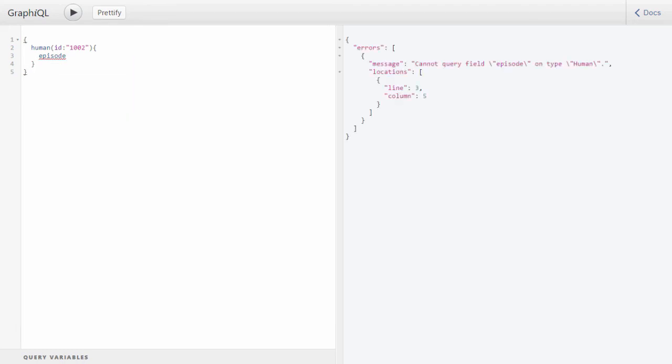So it says cannot query field episode on human, and the location is line number 3 and column 5, where you have given episode inside human. So this creates the validation error. Now to avoid validation error, it is really important for us to know the schema of the data